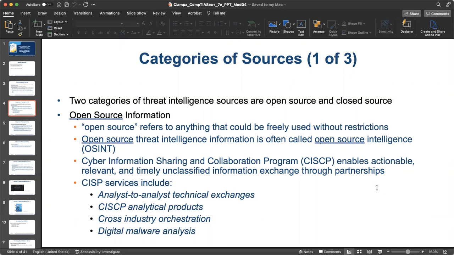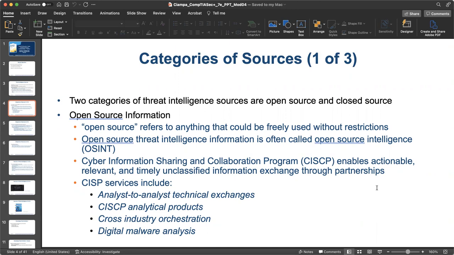So there are multiple sources of intelligence that can provide the IOCs to us, so that based on those IOCs, we can analyze what's going on in our own network or within the application we have. The two categories of the threat intelligence sources are open source and closed source. The open source information that we touch on first is basically